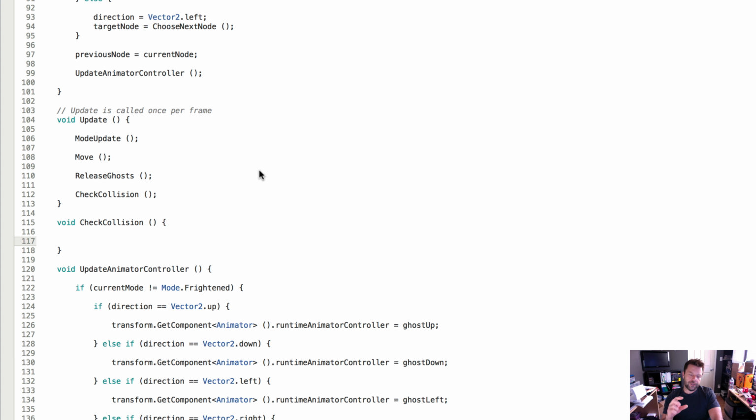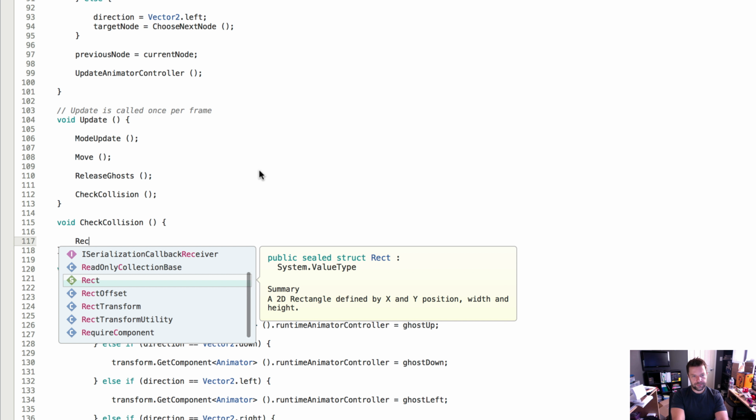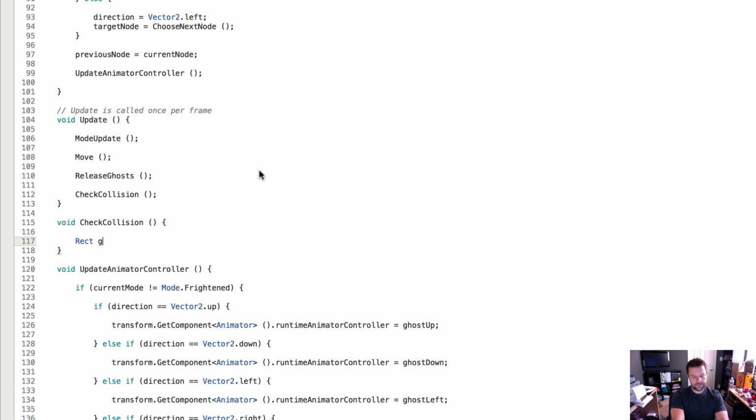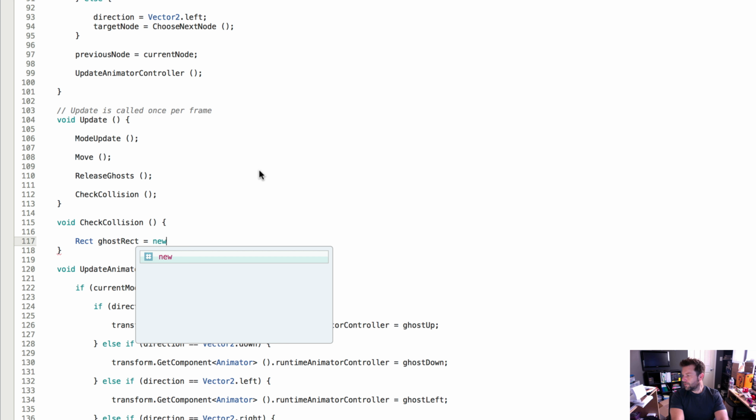So basically what we're going to check is if one rect overlaps another rect. Well, the first thing we need to do before we can do that is generate some rects that we want to use. And so what we're going to create here is a ghost rect and a Pac-Man rect. So we're going to say rect ghost rect equals, and we're going to do new rect,